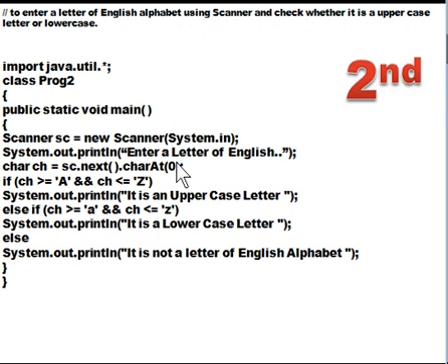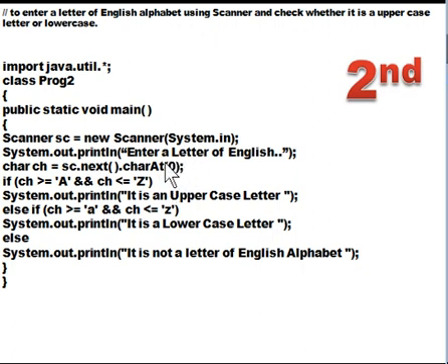Remember, in the scanner class or in Java or in computers, when we are making use of the next method of the scanner class, it is going to accept a complete word. Now the word will have a number of letters in it, but the letters will be stored according to the index number. That means the first letter will be stored at location 0, then 1, then 2, then 3. That means there is a continuous allocation of memory. So, because it is a single character as an input, whatever is entered by the user will be entered at the 0 location.